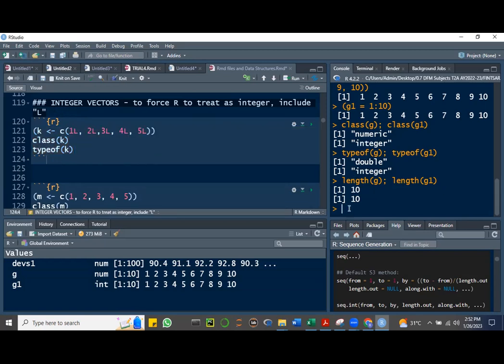What's the shortcut for a code chunk? Control plus Alt plus I. This is for Windows. For Mac, it will be Command Option I. Okay, so let's insert a code chunk and then kindly create this object K, where we're